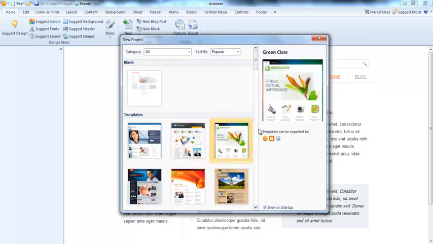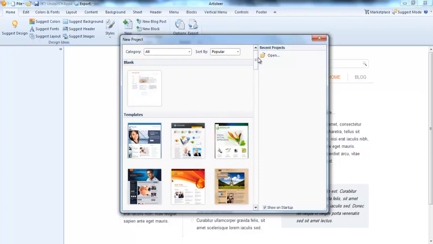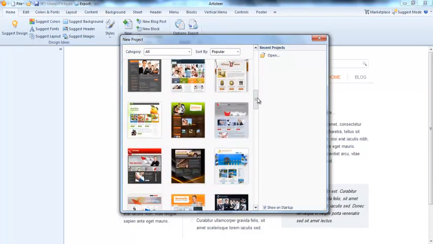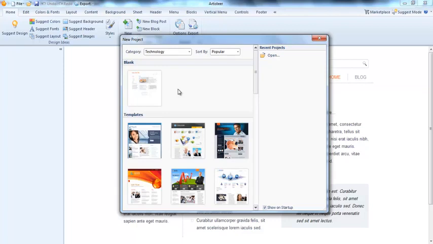The first thing, when you open this program, you will get this box. It is to choose your template design. You can browse the templates here, or you can choose the category from here. In our example, we need a template related to software. So let me choose technology here.